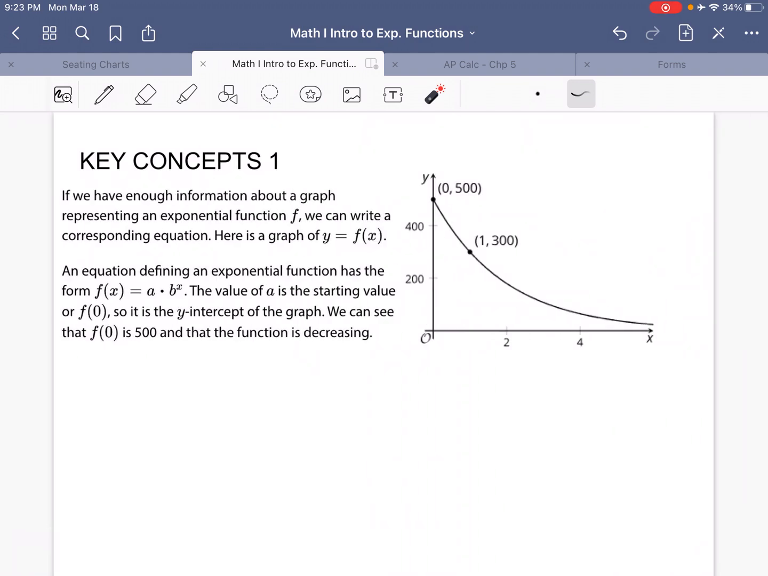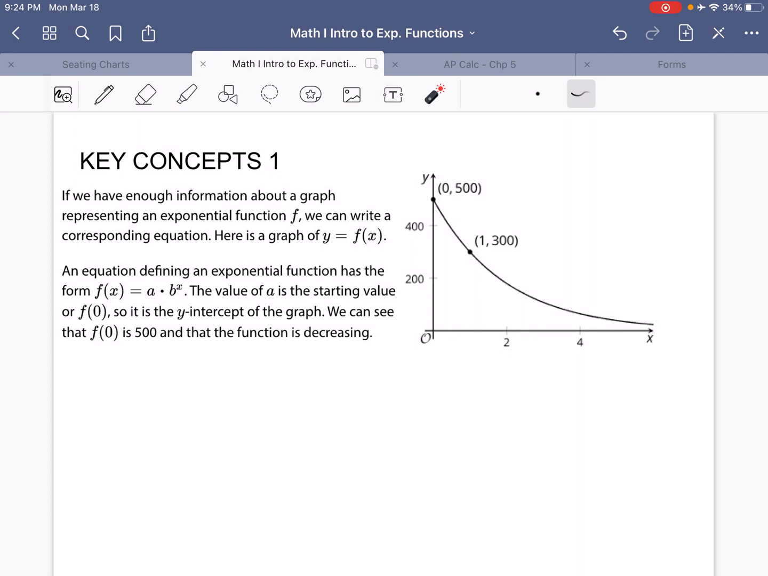So if we have enough information about a graph representing an exponential function, we can write a corresponding equation. So here is a graph of y equals f of x. An equation defining an exponential function has the form f of x equals a times b to the x. We've talked about this. This is like your slope-intercept form for exponential equations. It's not exactly a slope, I know that, but it's a growth or decay rate along with a y-intercept or